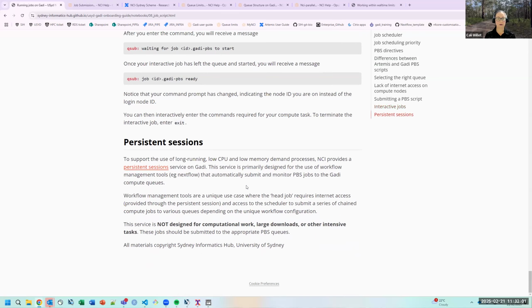Our final difference between running jobs on Gadi versus Artemis is persistent sessions. This is a really cool service which NCI have provided mainly around running workflow management tools like Nextflow, which require running for a long time, sometimes much longer than that 48 hour wall time limit. So the persistent session is something that you launch, run your workflow management tool, which will then launch a series of compute jobs. And where those compute jobs go and in what order they go is very dependent on your workflow, the configuration that you set up, but ultimately the head job will run on basically like a login node